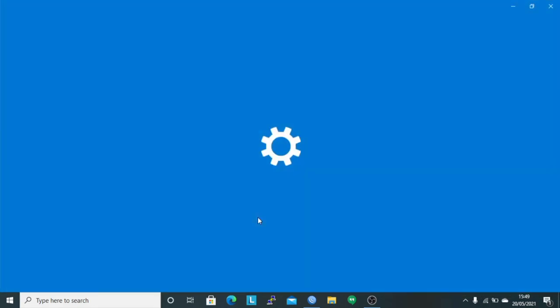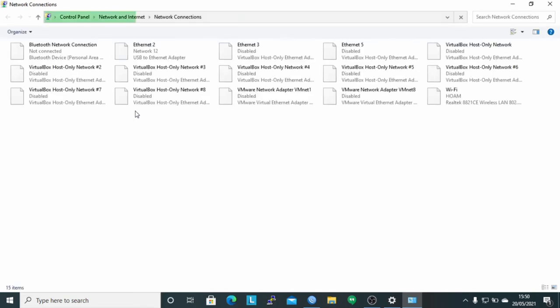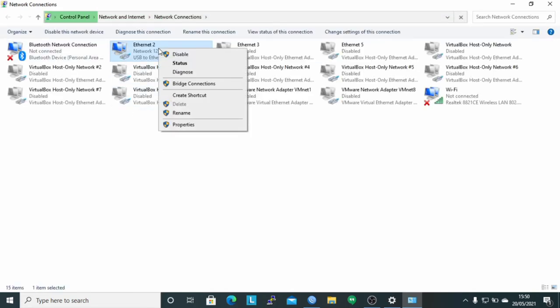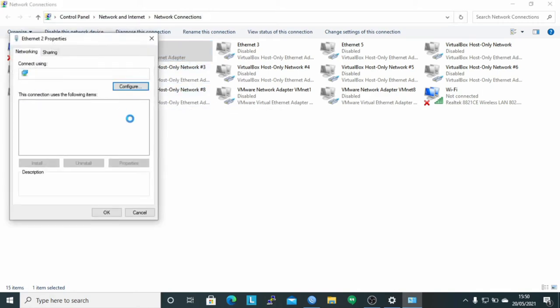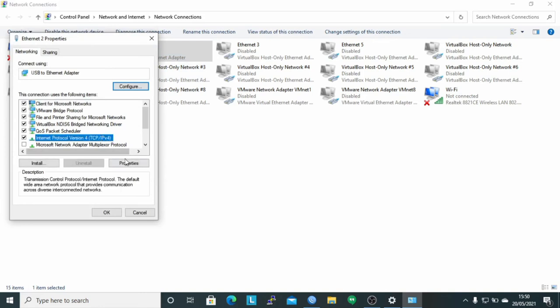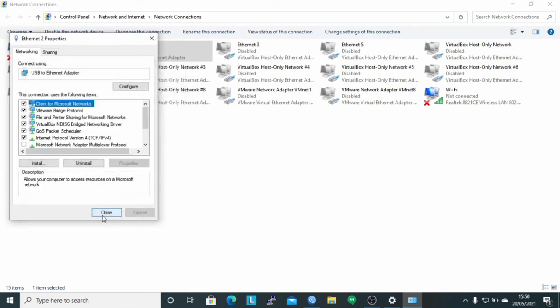And then move to the client Ethernet and make sure the IP version 4 on the client is set to obtain automatically. Here choose change adapter options and right click on Ethernet and click Properties, and then choose Internet Protocol version 4 and make sure it is set to obtain an IP address automatically and obtain DNS automatically.